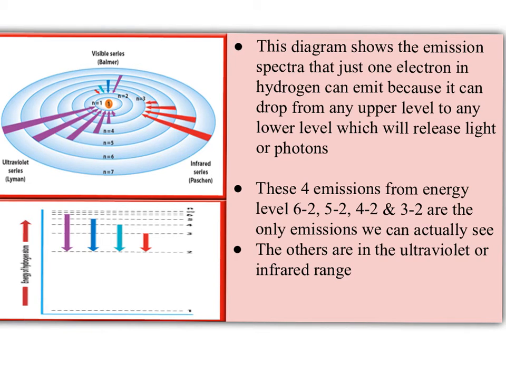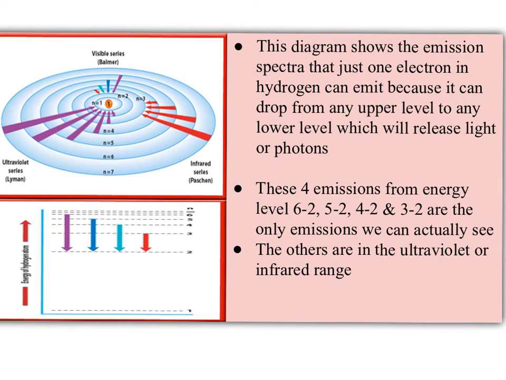So the upper diagram on the left shows the series that we know about for hydrogen. And the one that emits the most energy is when it's dropping from one of the higher levels all the way back down to energy level 1. And that's called the ultraviolet series, or sometimes it's called the Lyman series. And then the lowest energy one is when it drops from one of those upper levels and it only drops back to the third energy level. And that's low enough energy that we can't see it. That's off on the low side, or the infrared series,